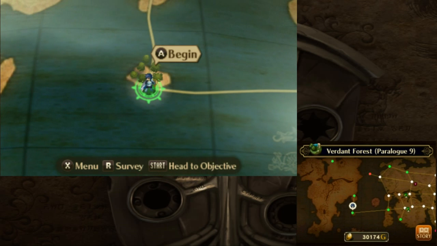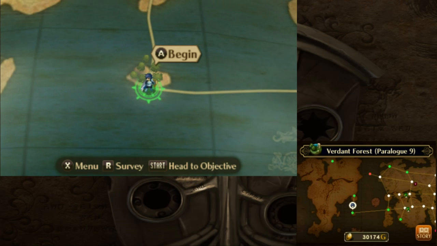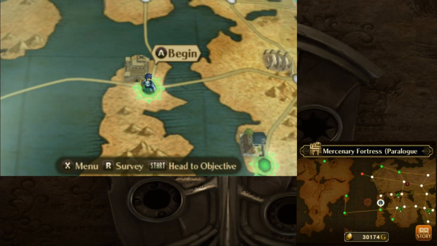Off camera, I actually grinded Frederick and Sumia up to an S support. Now, this doesn't affect the story of my playthrough because Sumia is still considered to be dead. However, I do want to show every chapter in the game, and I have to show this paralog. But the other reason why I did this is unlocking... Yeah, just so happens that unlocking